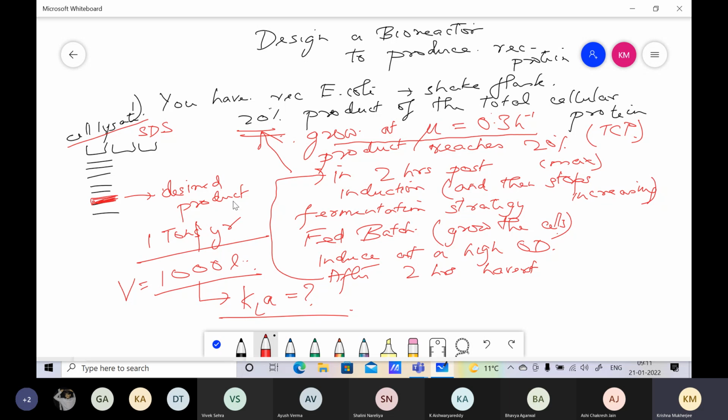And the second question is, what should be the RPM? And the size of the impellers, and what should be the RPM? And remember, really the question on what should be the maximum RPM and what should be the design of mixing is really what the question really translates to, what should be the KLa? Because really the question is,